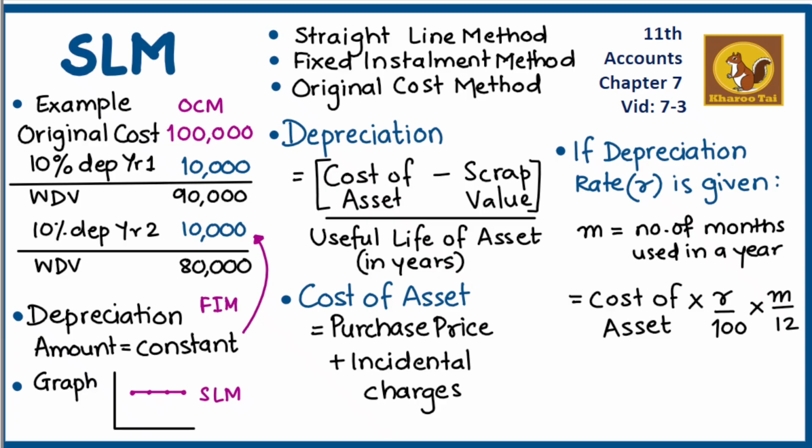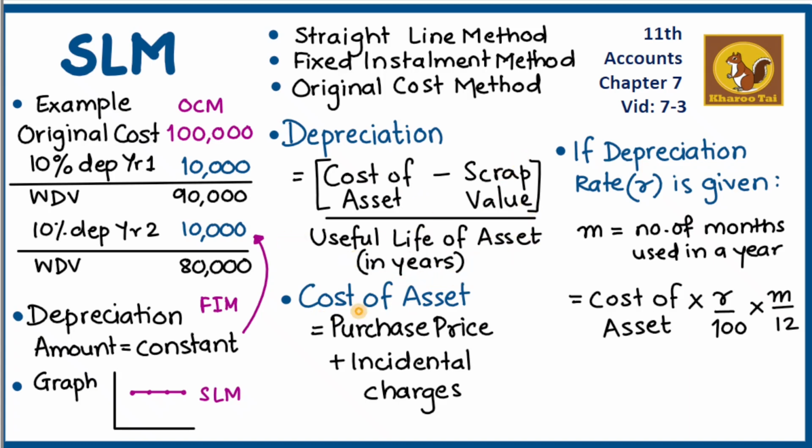To summarize this video, SLM is also called the straight line method, fixed installment method, original cost method. In the example, we have seen depreciation is calculated on original cost every year. So in the first year on 1 lakh, in the second year also on 1 lakh. Because of that, we call it the original cost method. Depreciation amount remains constant every year, so we call it the fixed installment method. If we plot the depreciation on a graph every year, we get a straight line, and so it is called the straight line method. Depreciation formula: cost of asset minus scrap value if any, divided by useful life of the asset